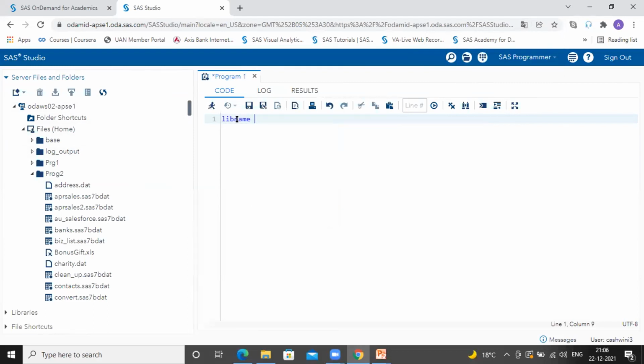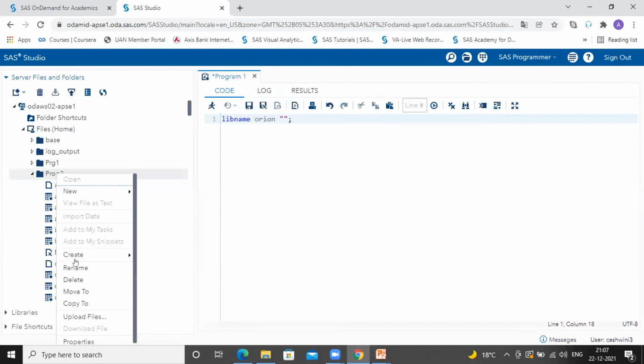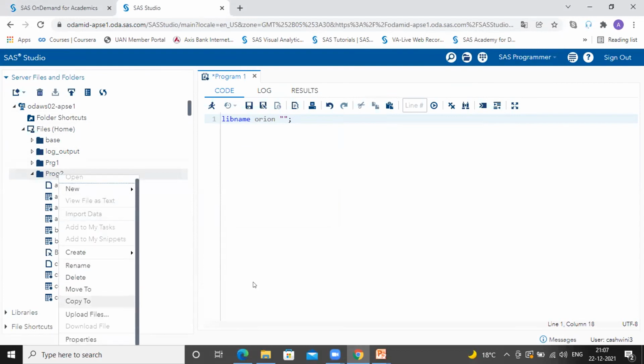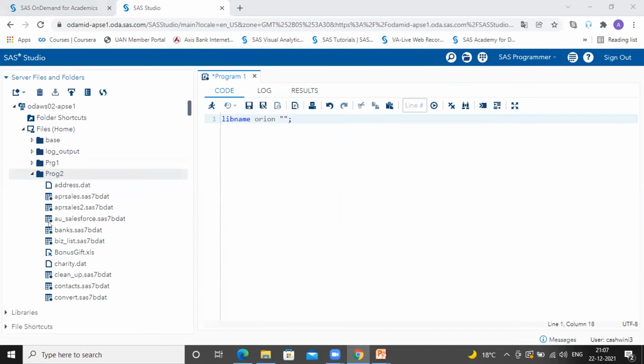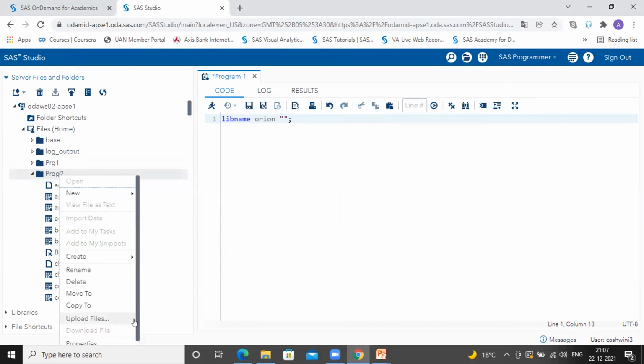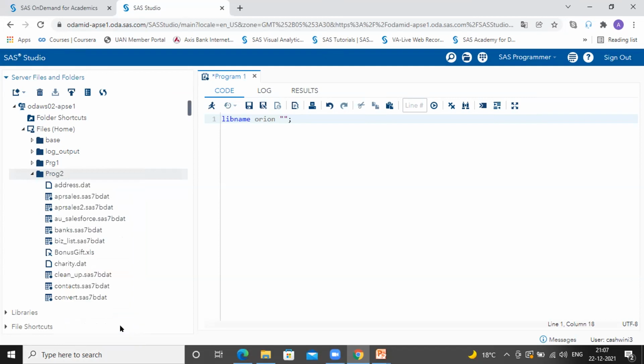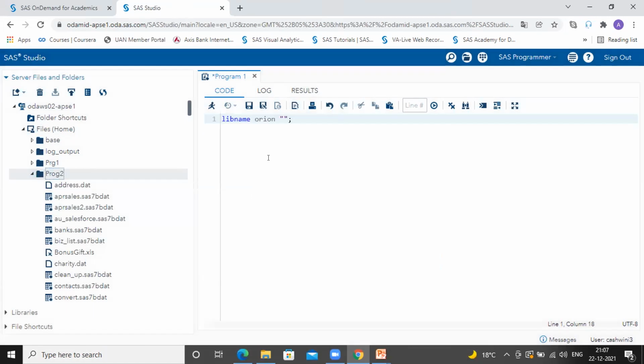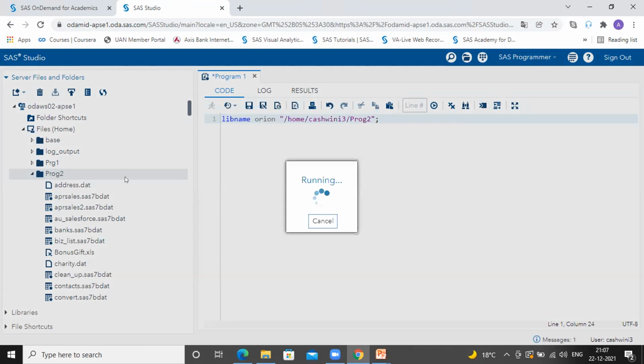Remember, you have to create a library for PG2 named Orion. I have this library.